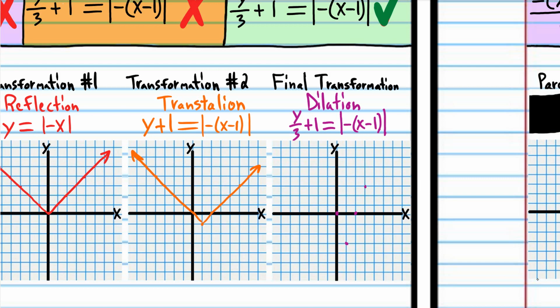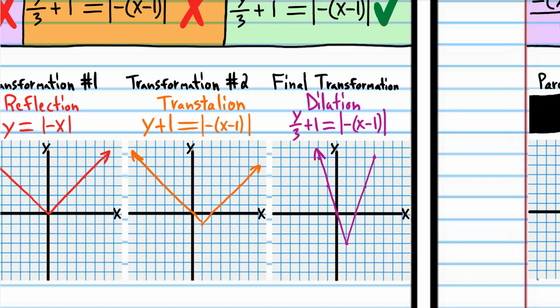And at this point, you can just use the slope. We go up 3 and over 1, up 3 and over 1, and so on and so forth. Then we just connect the dots, and there you go. So if you got that graph,